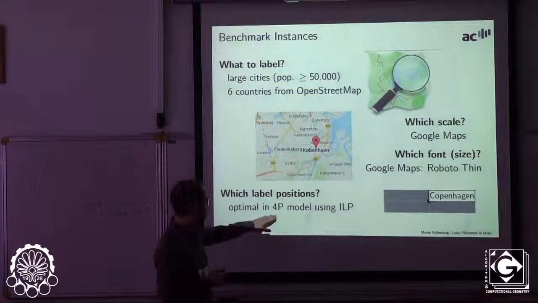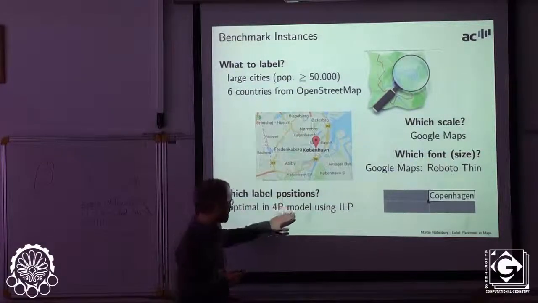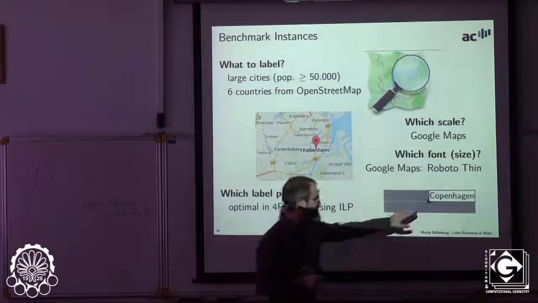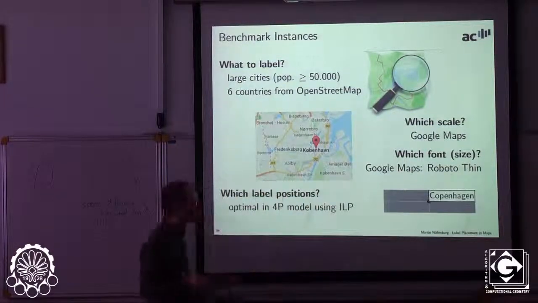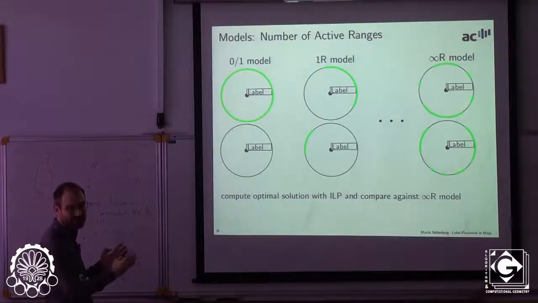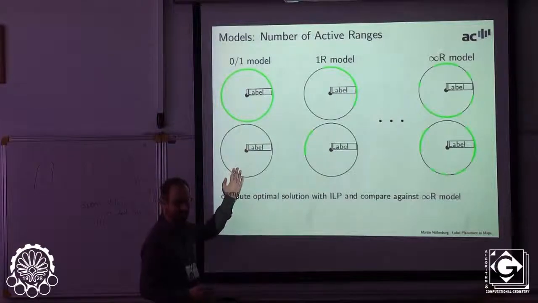Our starting labeling was unrotated, so a north-oriented labeling using a 4-position model initially, so we picked for every point one of those positions nicely. And then we computed optimal solutions with the ILP and compared them against the maximum possible active ranges that we can gain if we forget about all the consistency. And this tells us how close to the best achievable thing we are, but how much we gain in terms of